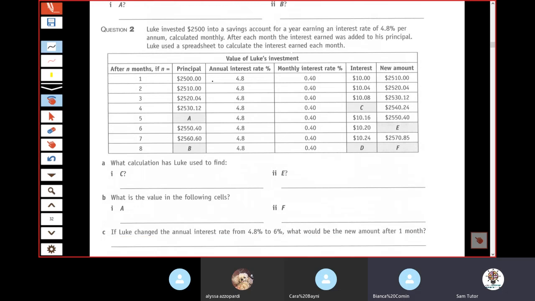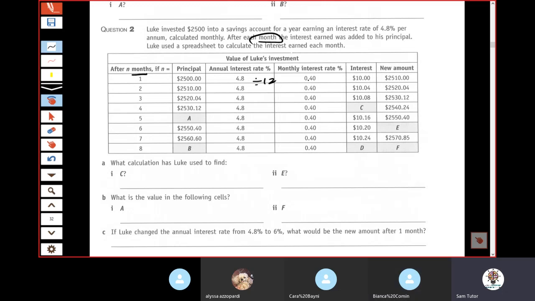But look, there's your principal. There's an annual interest rate. There's your monthly interest rate, which would just be this answer divided by 12, because if it's annual to monthly, you just divide it by 12. I'm guessing at each month the interest was added. Yep. So what would have happened is they would have worked out the month,